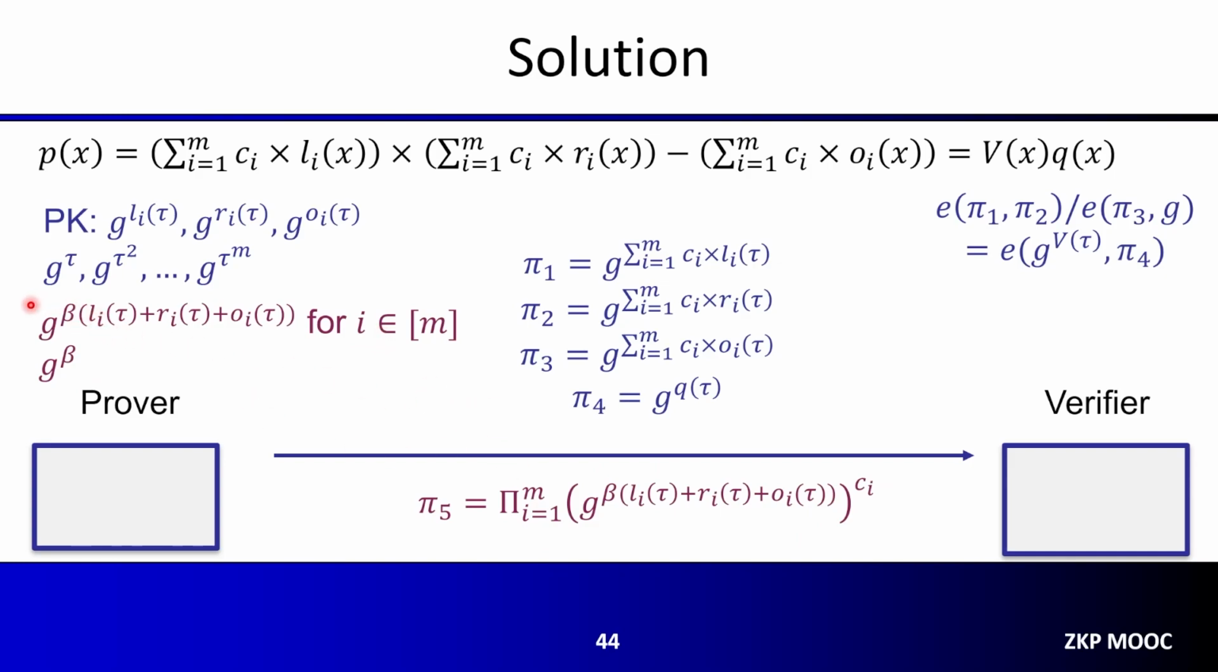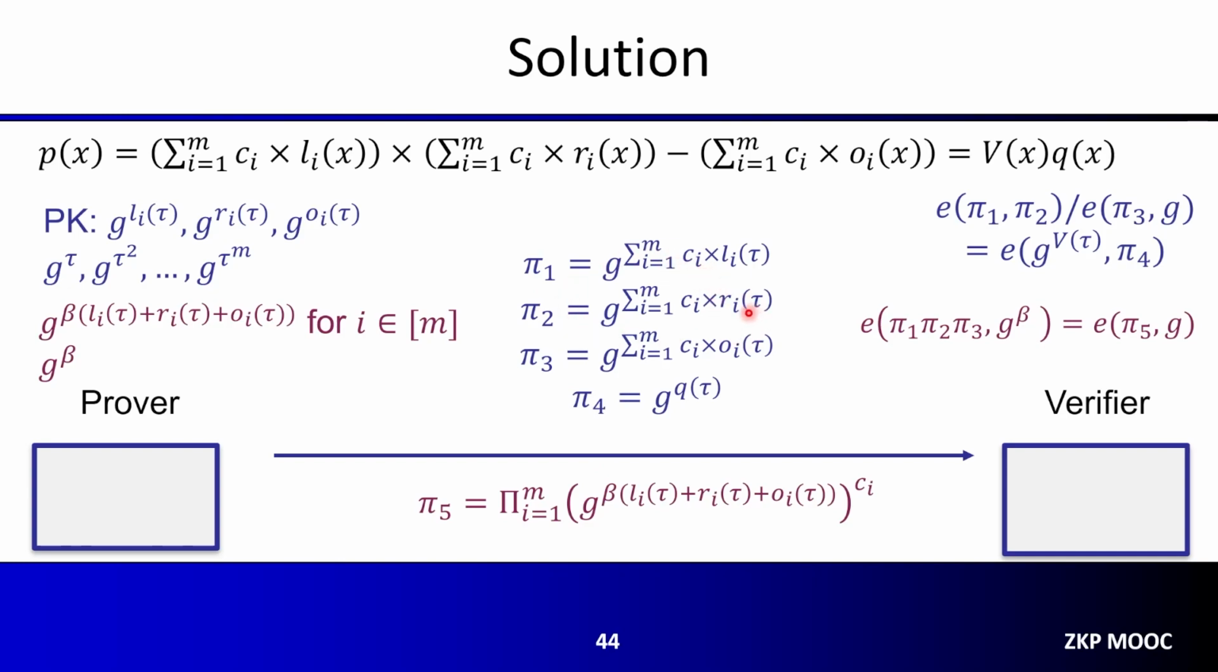Essentially, the prover is raising each element of this public key to the corresponding power of Ci for each element in the extended witness. And that's pi 5, again, a single group element. So what's the purpose of this additional proof and additional proving key? So it turns out there is actually a nice relationship between pi 1 all the way to pi 3 and pi 5